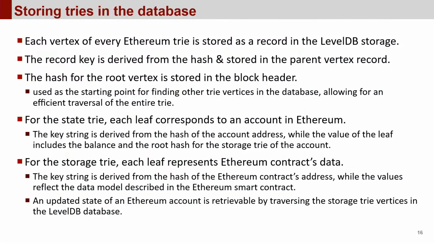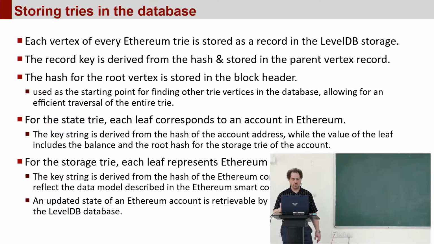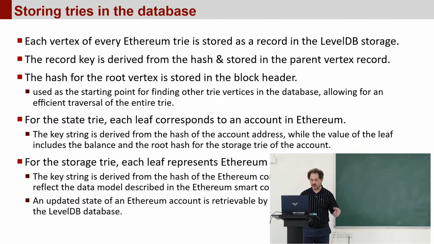Additionally, the key of the record is stored in the parent vertex node. Then the hash of the root vertex is stored in the block header as mentioned, and used as a starting point for the search,